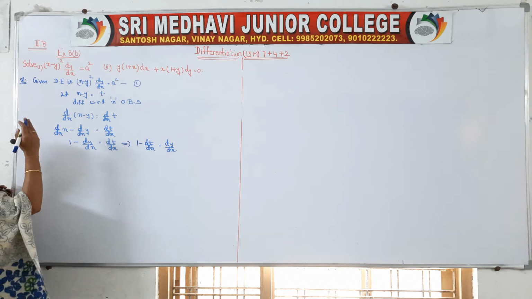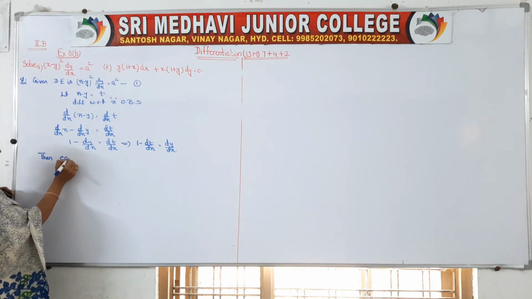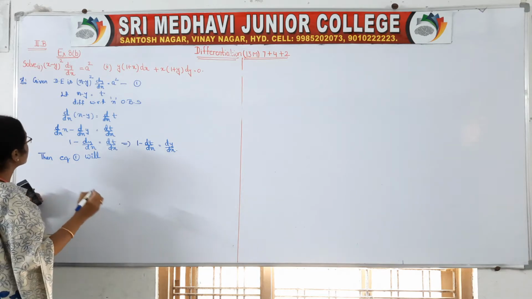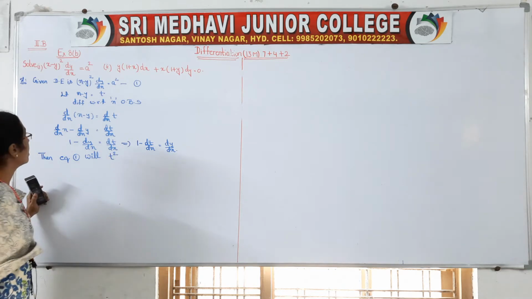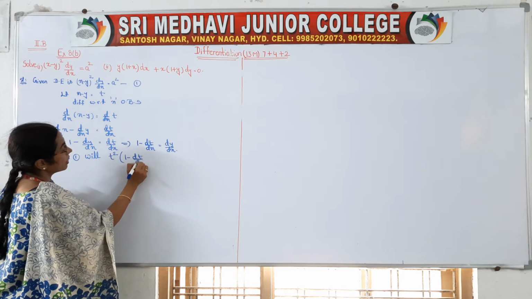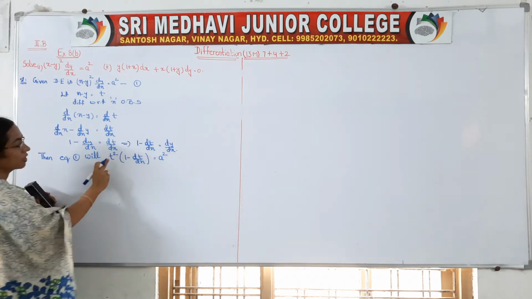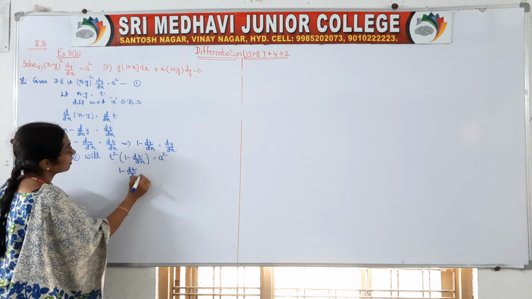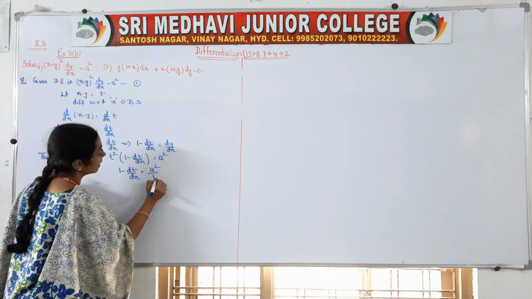Once we have that, we will write our first equation. Equation 1 becomes (x minus y) whole square, and we have taken x minus y as t, so t square. In place of dy by dx we take 1 minus dt by dx, is equal to a square. So first send t square to that side: 1 minus dt by dx is equal to a square by t square. Here t square is multiplying, so if you send it to that side, it will divide.